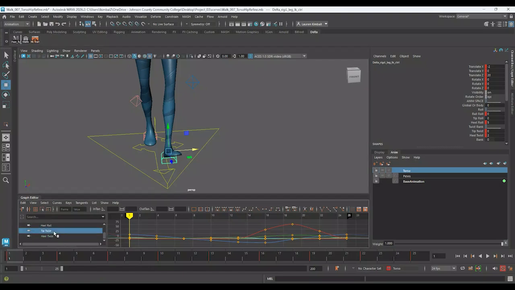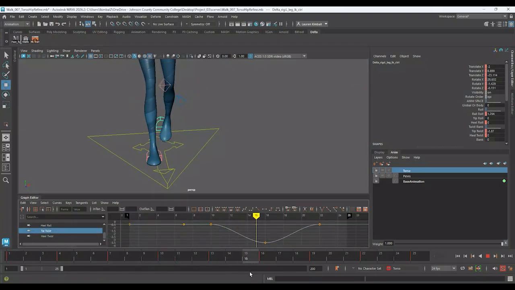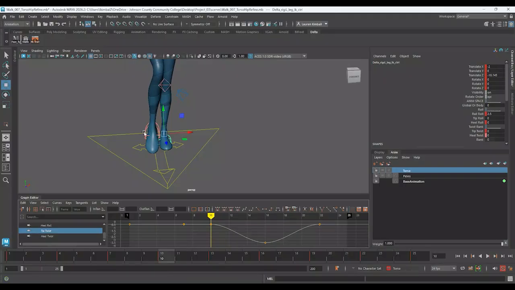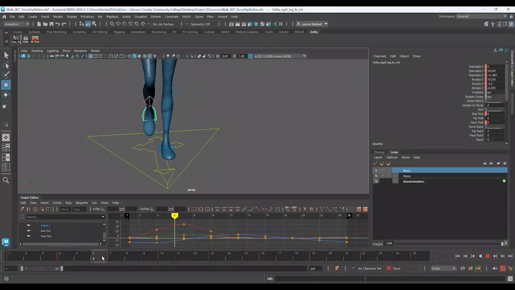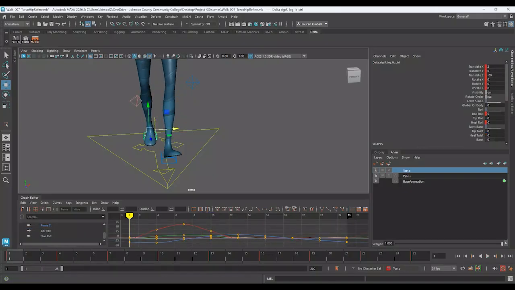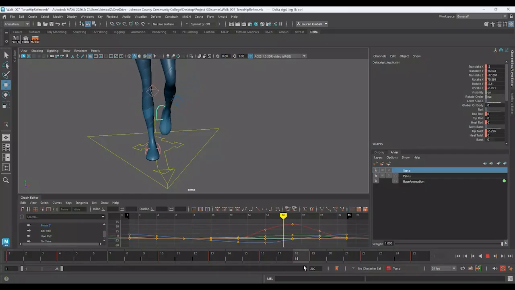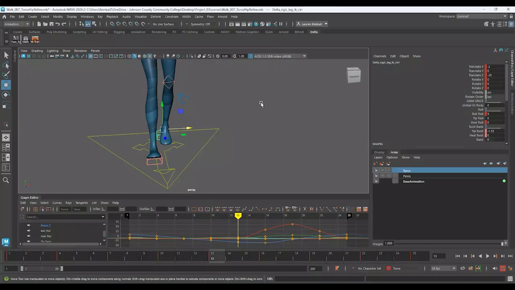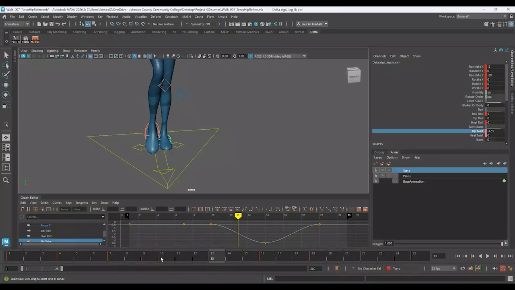Let's go over here back to tip twist. So let's see about the up pose. It looks like... Let's go back to the other foot. This is going to be the other contact. I'm just kind of thinking what this one was doing on the contact. It looks like it was at about 155. So